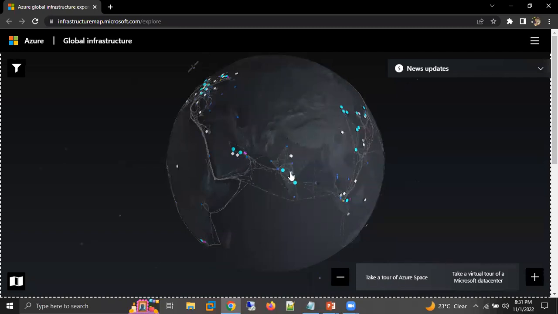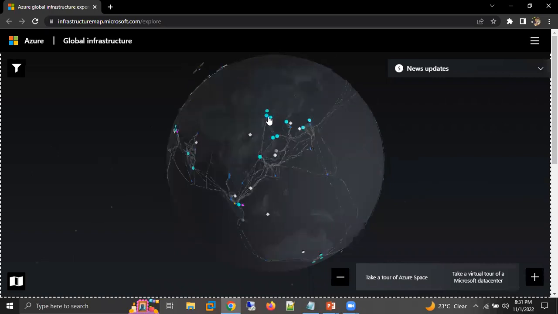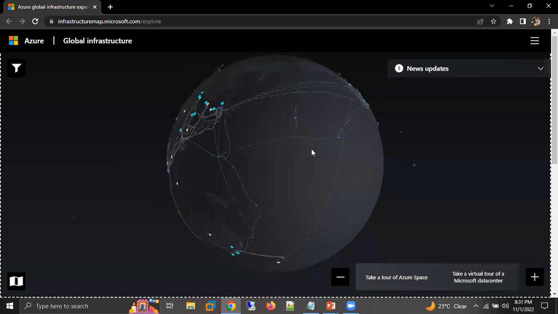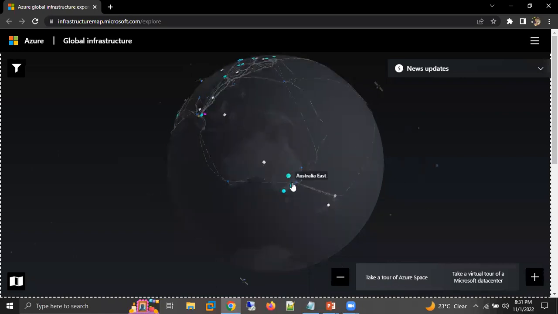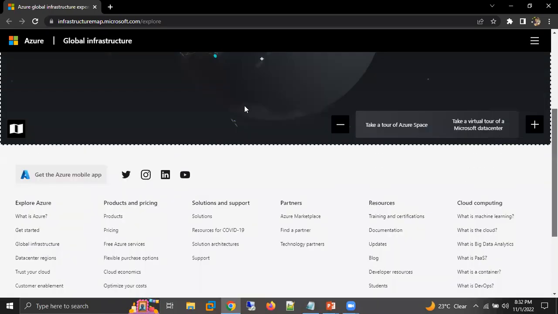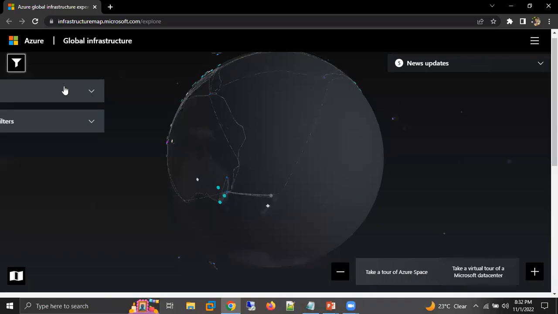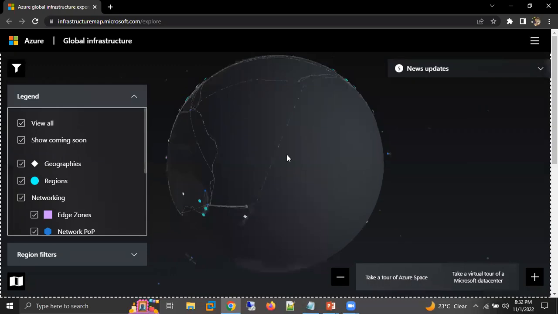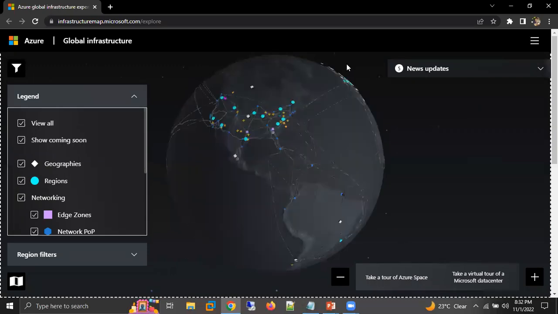These are the complete regions. Qatar, UAE North, China, China East, Southeast Asia. Here we have Australia. So here are the regions we can see. If you want to see more details, you can just filter also. So here we can see the complete map of Azure regions.